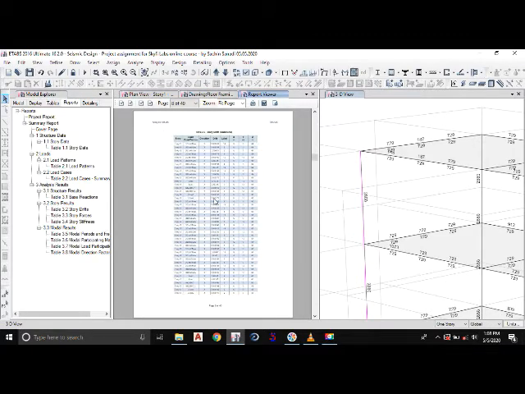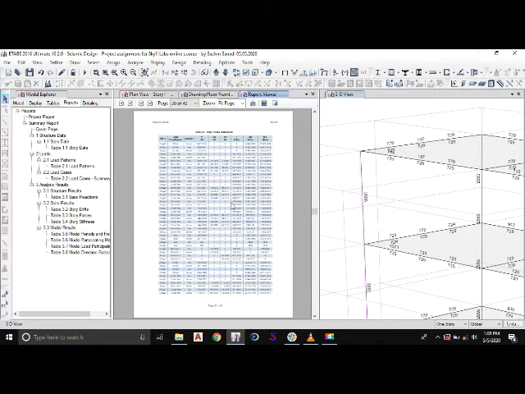So you can see that the summary report has been given in this particular part. So this completes the design of a 23 story building for the static analysis and static design of seismic load. The next part is we have to design this particular building for the response spectrum analysis. So for that, first we'll unlock the building.